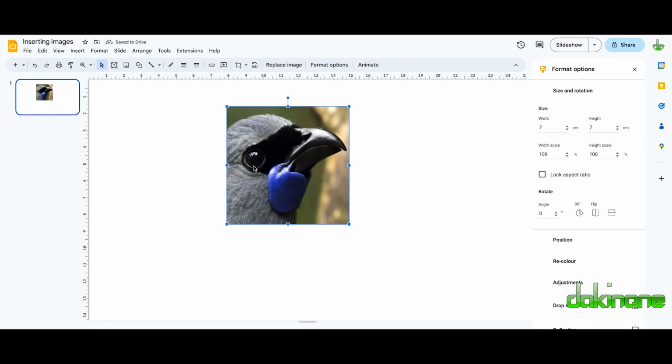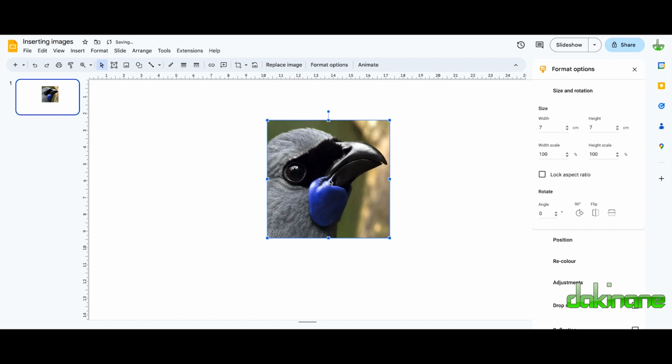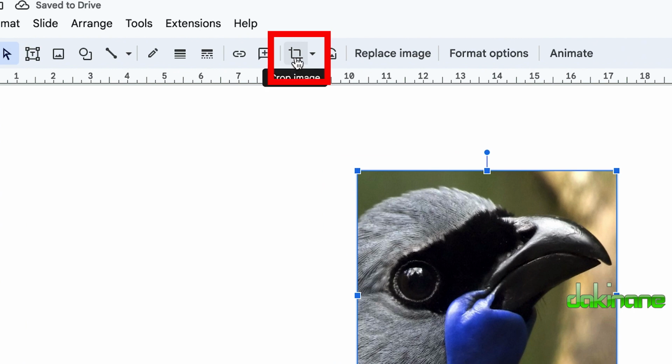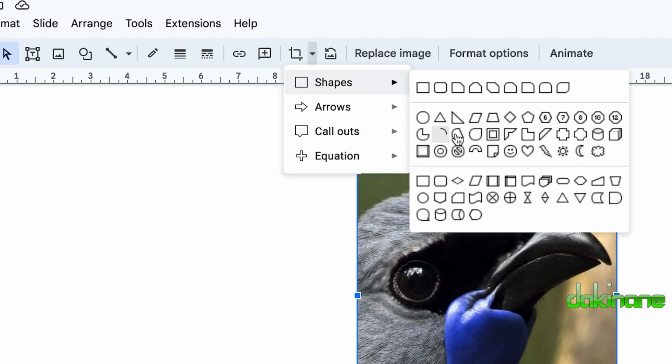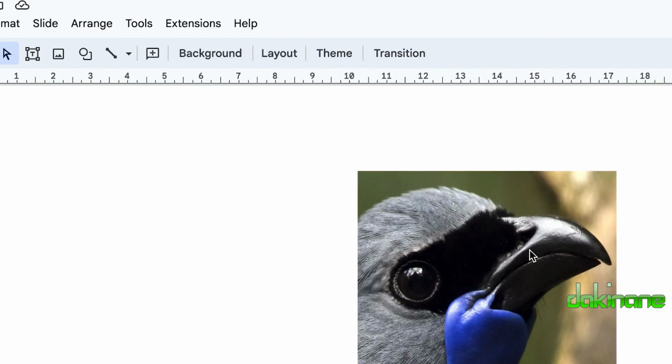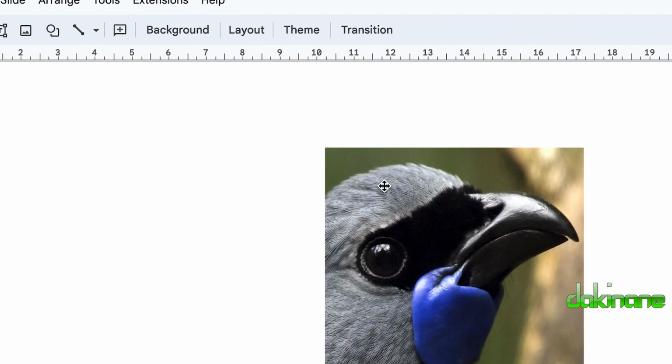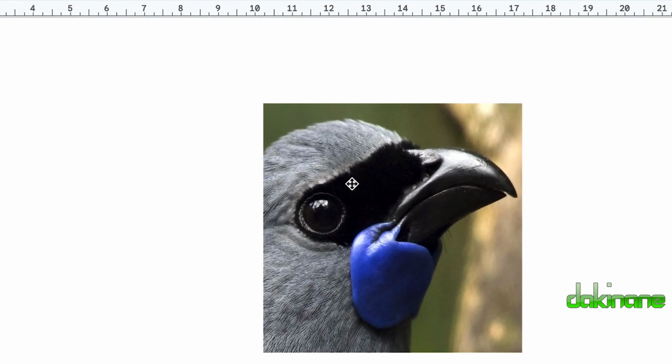And what I can do now is crop this, and in Google Slides, over on the crop function over here, there's a mask image from the drop down next to it. So it's not cropping, it's masking, and I want to add a circular mask to this. So I'm going to click on the little drop down arrow here and select my shape. You can select any shape that you want, but I want the circle, so I'm just going to click on that. And because I've taken the time to make this image square, the circle that gets created will be a